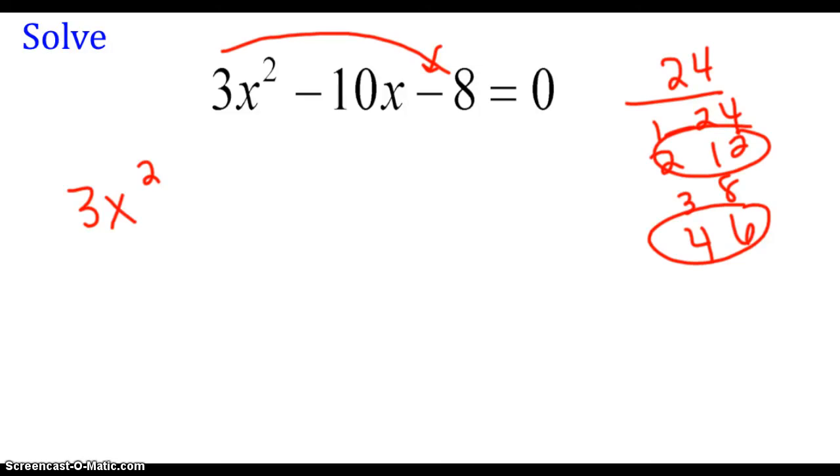So you want to just be real careful that you pick the right one and watch your signs. So I'm going to make it plus 12, nope, I'm going to do minus,